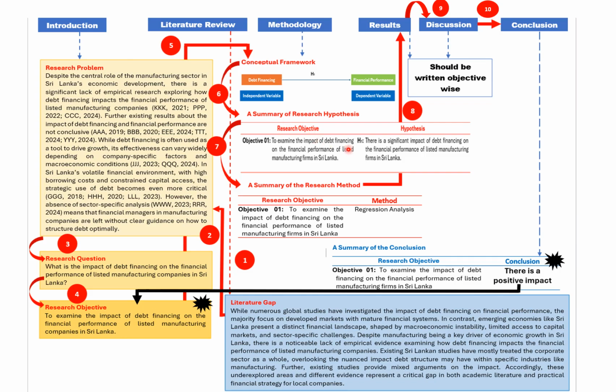Right now, here the hypothesis says there's a significant impact of debt financing on the financial performance of listed manufacturing companies in Sri Lanka. So that is the hypothesis. After writing this hypothesis, you need to write, for example, one paragraph on why you have written the hypothesis like this, based on the support of the literature. So you have to say several authors said that there's a positive impact, several authors say there's a negative impact. However, some other authors say there is no impact. Likewise, you have to write,